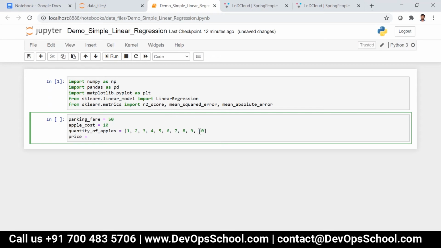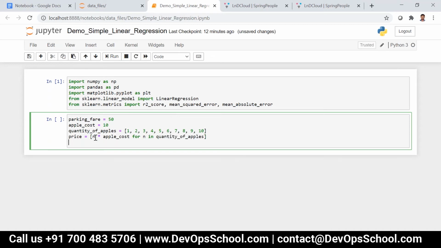If you have purchased 10 apples, 10 into 10 plus 50. So now we can write n into apple cost for n in quantity of apples.